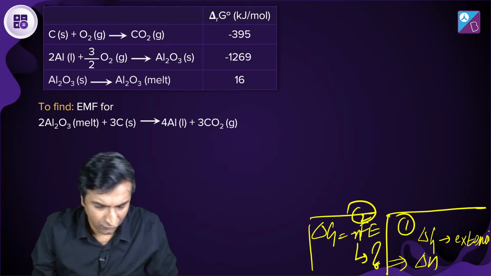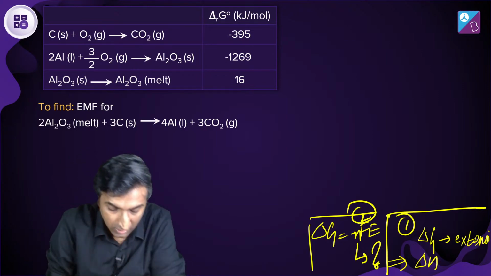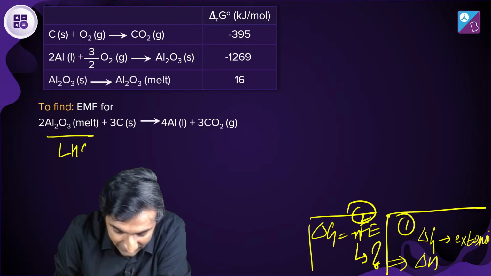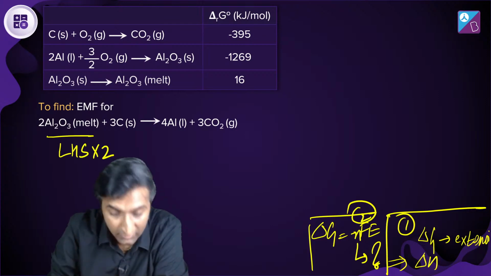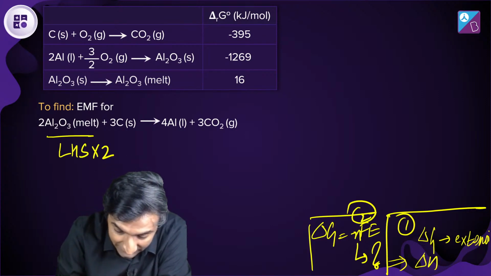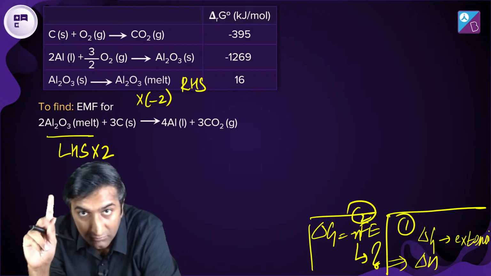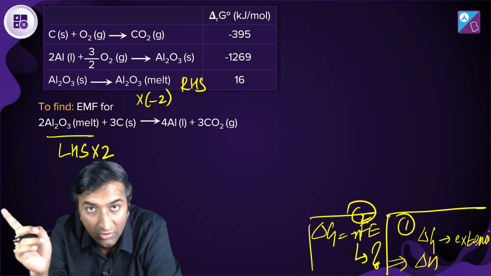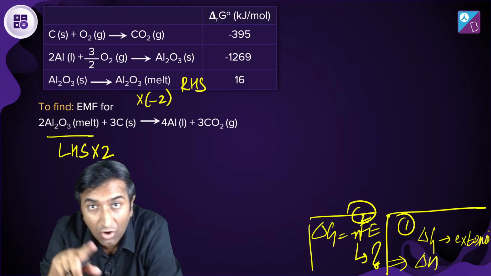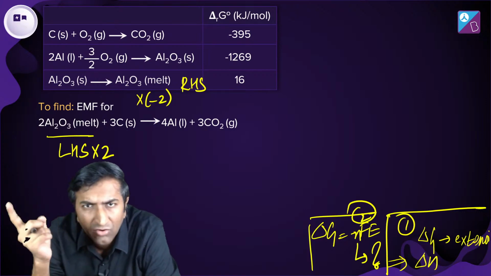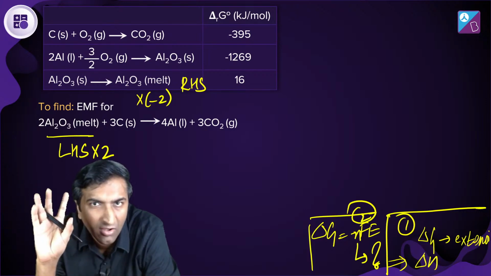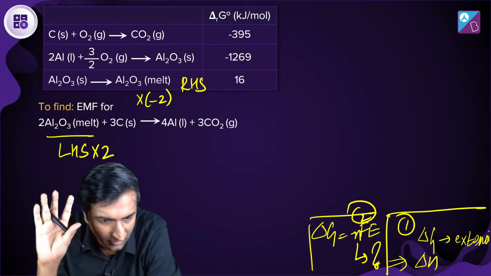Okay, let me give you a starting point. देखो, this is on LHS and into 2. Correct? यहाँ पे कहा गया melt. This is on RHS. So I have to do into -2 over here. That's how I do it. LHS RHS लिखो. अगर LHS में है और एक्चुअल रिएक्शन में RHS में है तो नेगेटिव डालना पड़ेगा, है ना?